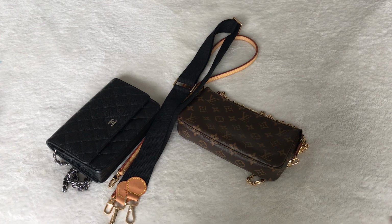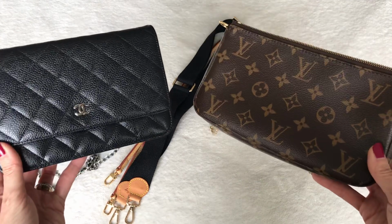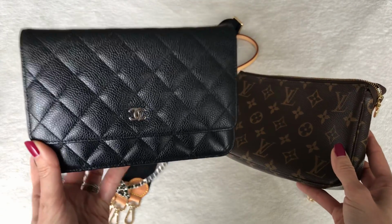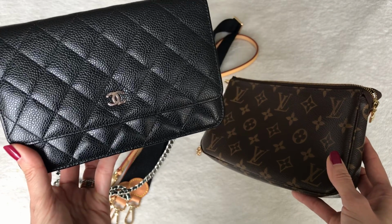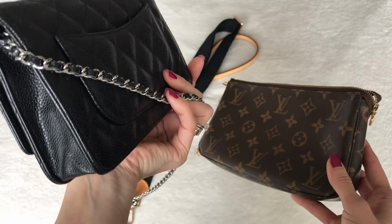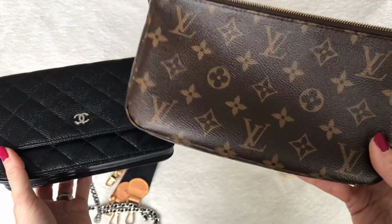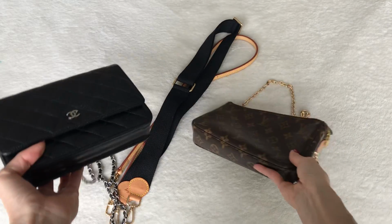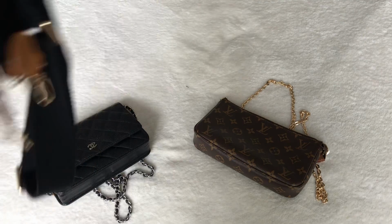It's really comfortable. So I feel like they can both be dressed up and down, but if I'm going to be honest, I feel like this one obviously can look a lot dressier just because of the fact that it's leather. It's a little bit more understated. It's got this nice matching interwoven leather and chain look going on. This one I think is definitely more casual, but like I said, you can dress it up if you want to. So let me just grab some stuff and start filling, and I'll show you very quickly